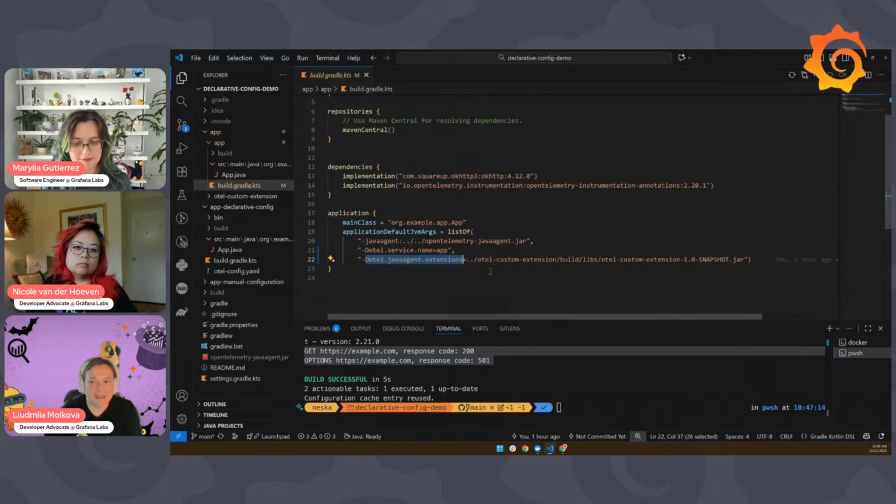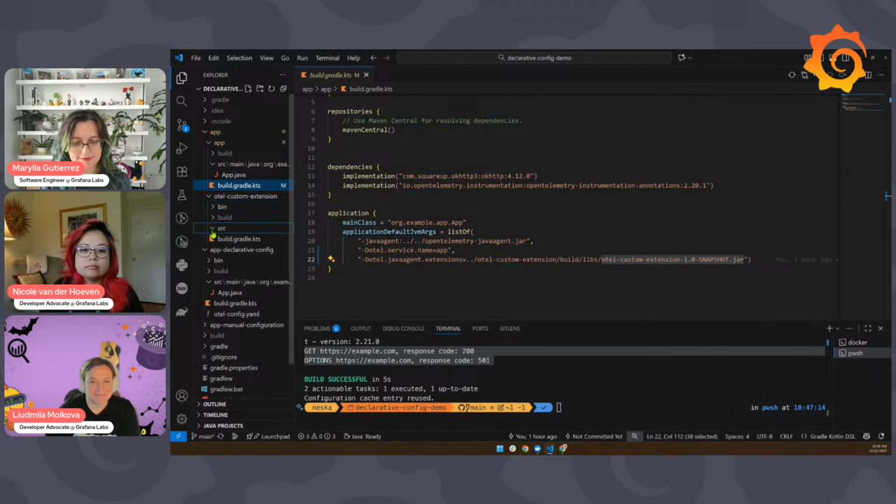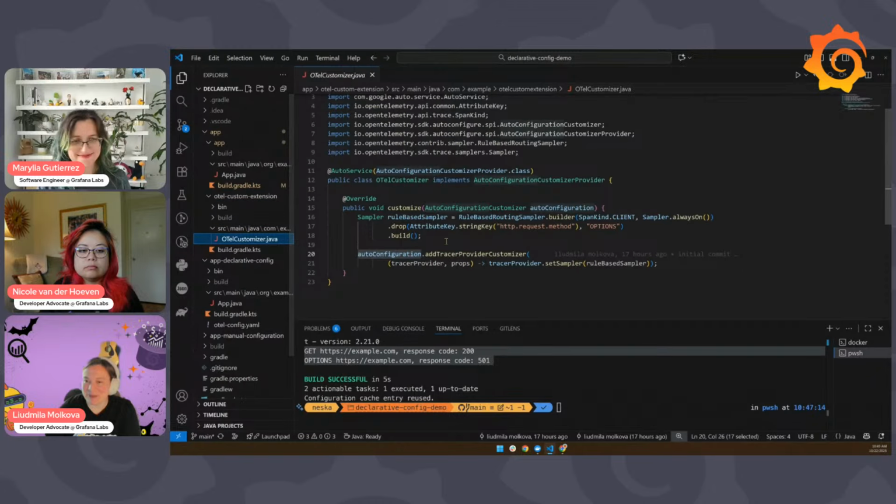And the point is that in order to customize this complicated behavior of picking a custom sampler, we need to develop our own library. We need to maintain it. We need to deploy it along with our application. And it took me, well, it's embarrassing, it took me embarrassingly long to write this code.